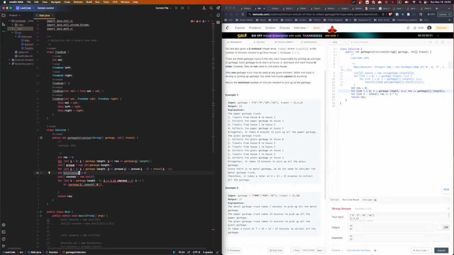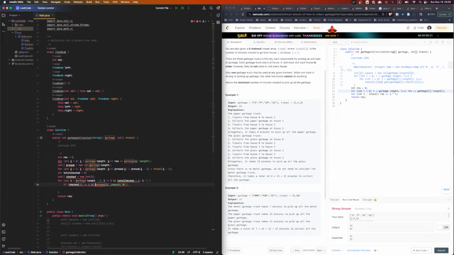Okay, so we can find the next checked, call it total checked, and then if index of m, we go, first check is if checked m, I just go 0. If checked 0 is equal to 0